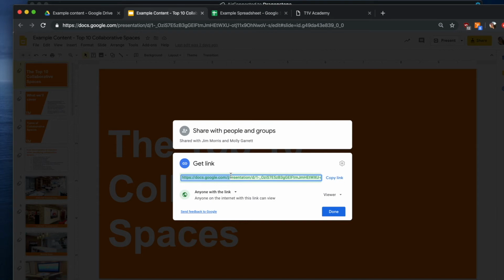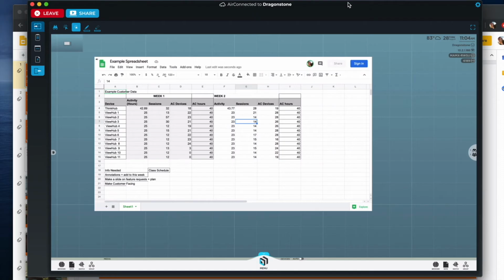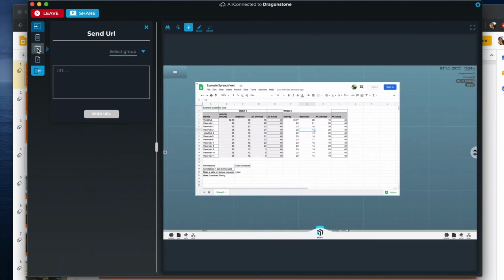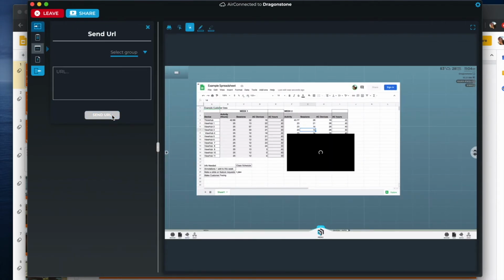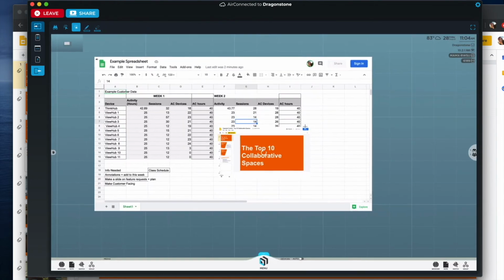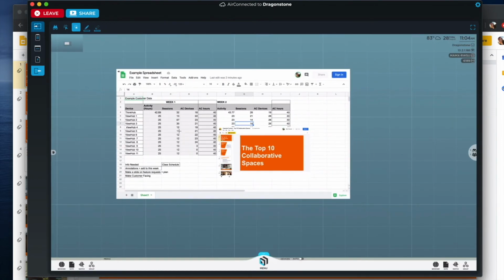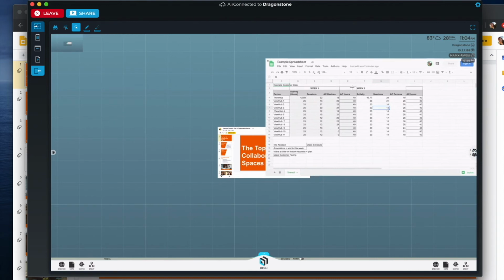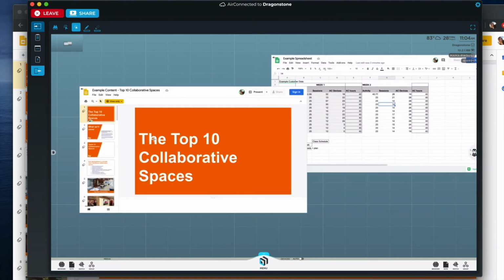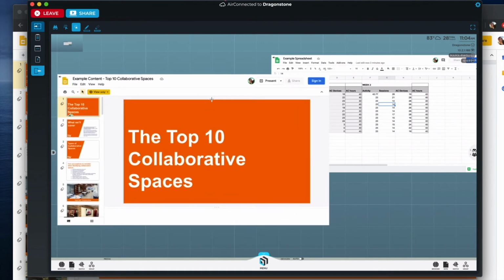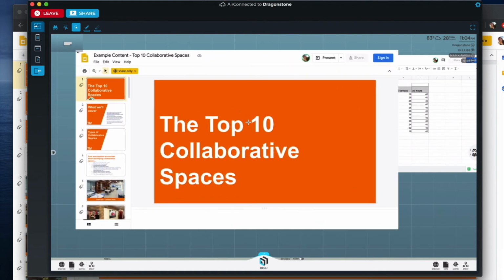So I can just save this as viewer only, copy the link, go back over to my AirConnect, and same thing as before, we're going to send the URL, copy, I'll just paste at this point, sending my URL, and there's my PowerPoint presentation. So I'm going to move my slides out of the way, I'm going to move my PowerPoint really big, and here, again, we have our same tools as with anything in ThinkHub, so I can click